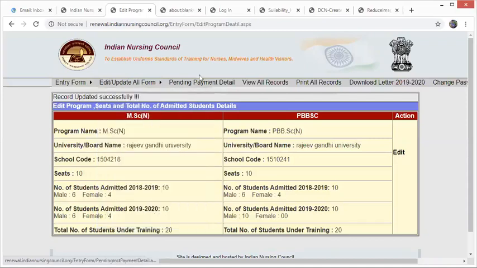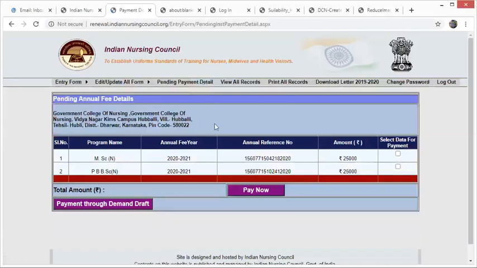Till you fill up the whole thing, whatever programs you have, from ANM to MSc, MPhil or PhD, which is found suitable by the Indian Nursing Council, the pending payment details will not show those programs and those annual fees. For example, now we had MSc and Post Basic BSc. You can see we have both MSc and Post Basic BSc, and there is an annual reference number.